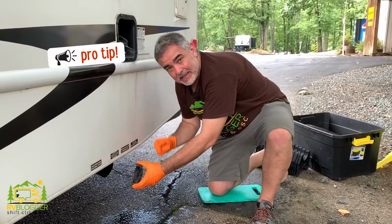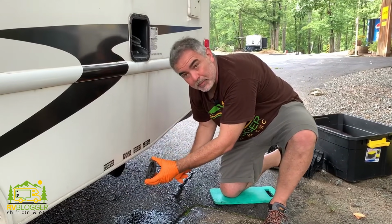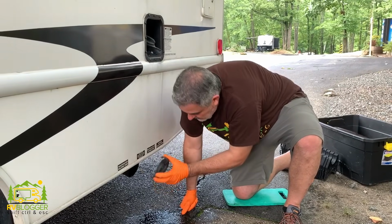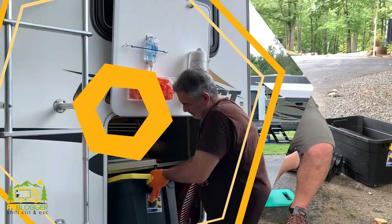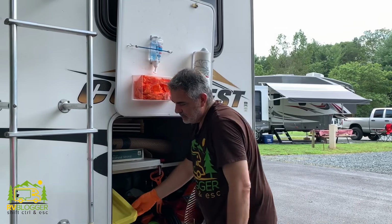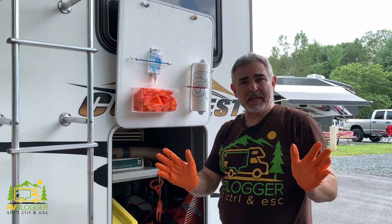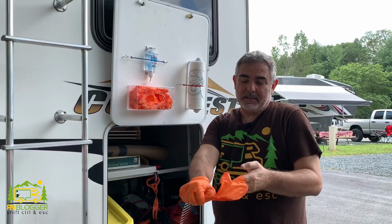Hey guys, last tip, don't forget that both your black tank valve and your gray tank valve are closed fully, and then put your cap back on. So that's it, guys. All 5 steps are complete. The last thing you want to do,